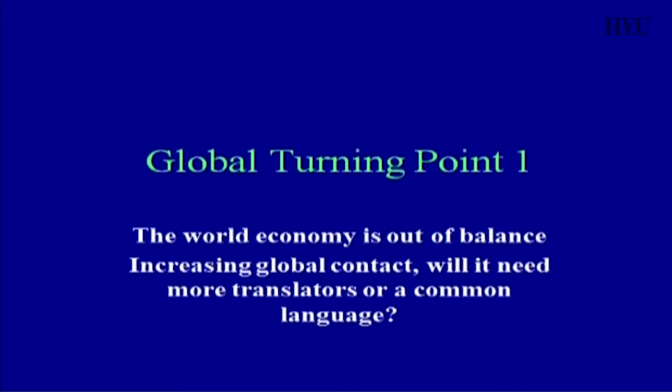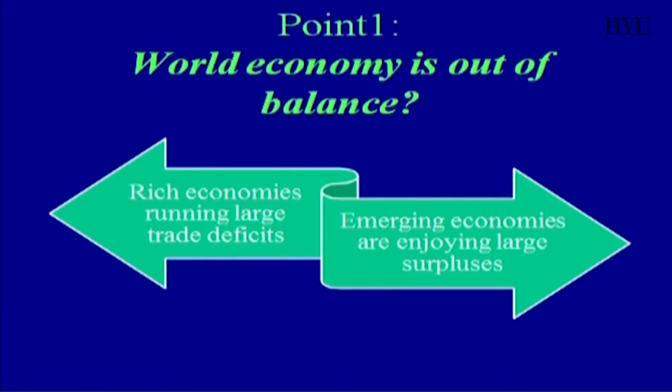The first global turning point: the world economy is out of balance, and the increase in global contact will need more translators or a common language. These are the major topics for global turning point one. So, the world economy is out of balance. What does it mean? As you know, the UK and the USA used to be the growth engine of the economy for the global society. Britain was the birthplace of the industrial revolution, and the USA was the second growth momentum as it led in